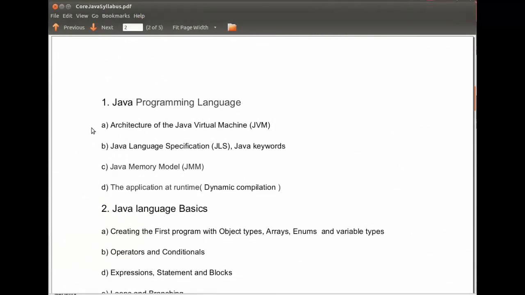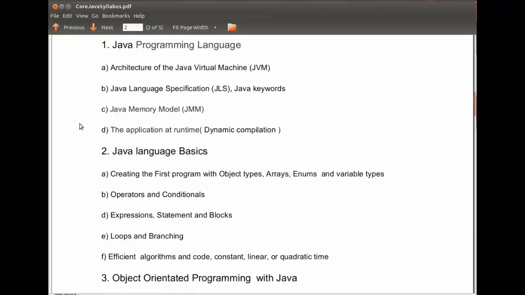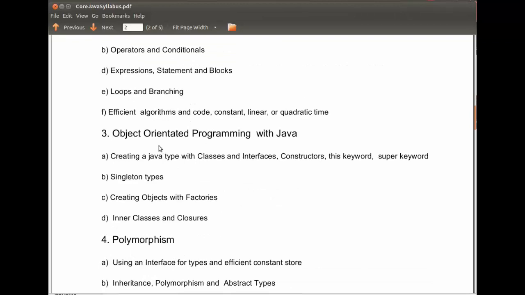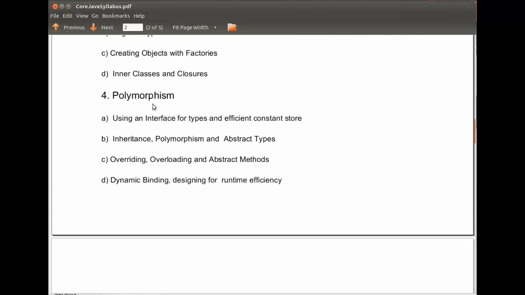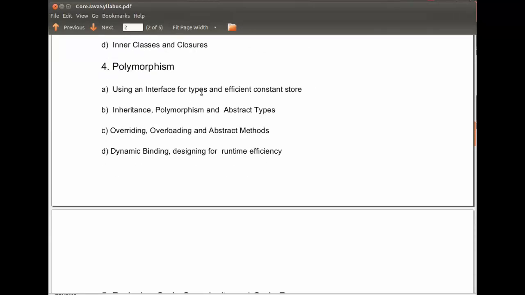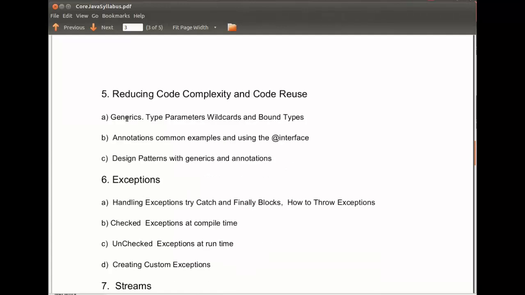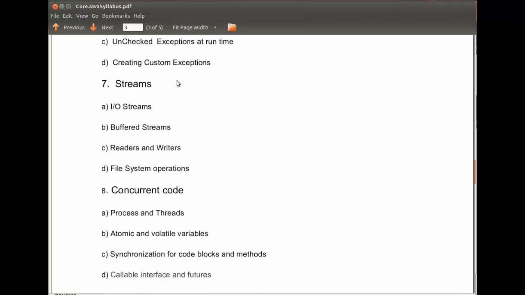The topics for the course are clearly outlined in the syllabus with subtopics, and they include the Java Programming Language, a high-level introduction; Java Language Basics, where we first go over the fundamentals; Object-Oriented Programming, where we look at how to write objects with classes and interfaces; Polymorphism, where we look at inheritance; Reducing Code Complexity, where we look at Java generics; Exceptions, where we look at error handling and exception processing;